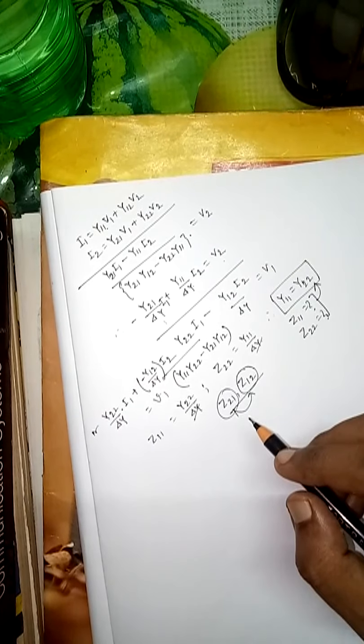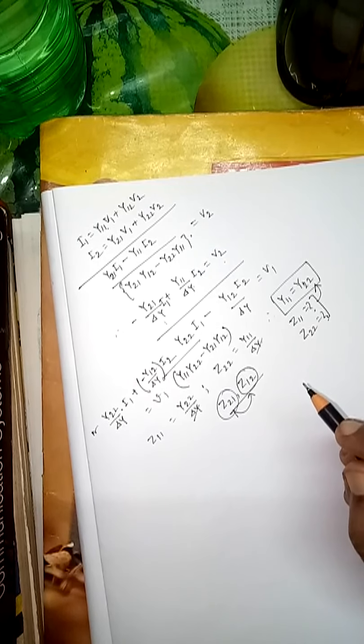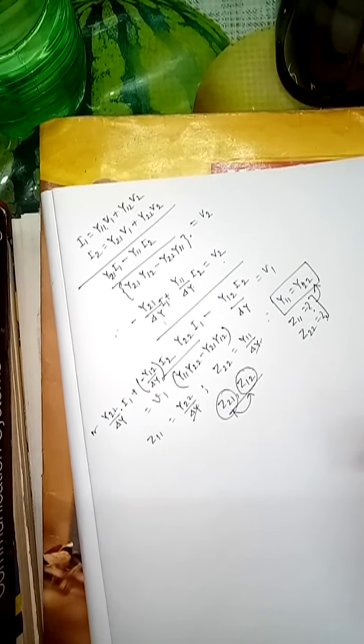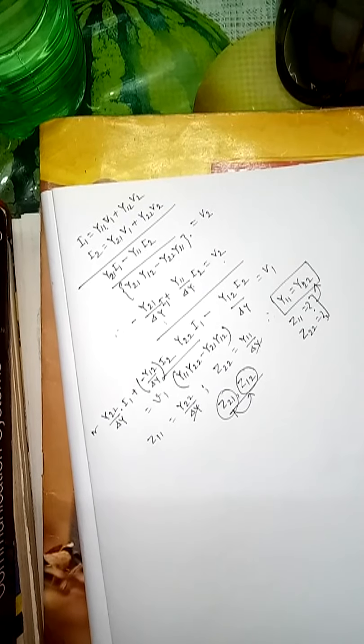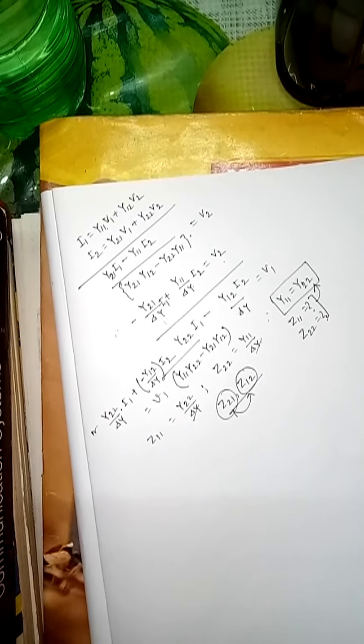Okay. So in this particular class, what you have got is the condition of reciprocity, the condition of symmetry, and the conversion of one parameter to another parameter. And in the next and the last class of the circuit theory, we will have some idea of two-port networks in different sorts of circuit combinations, whether it is series, parallel, or cascade, and what the interconnection procedure is for parameters to parameters. We will discuss in detail in the last class of the circuit theory.